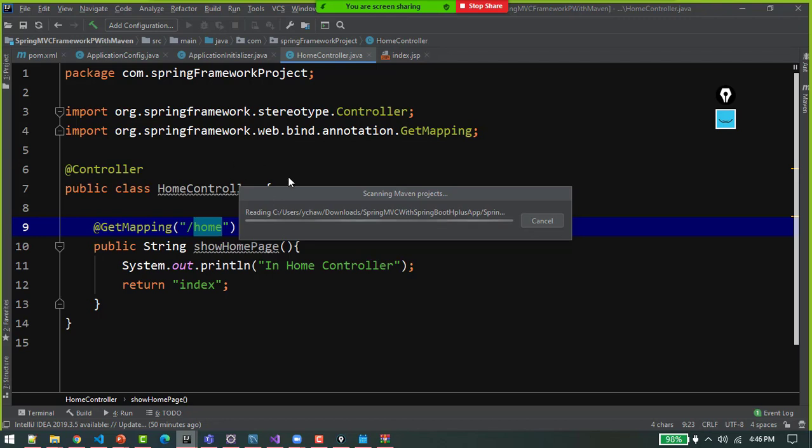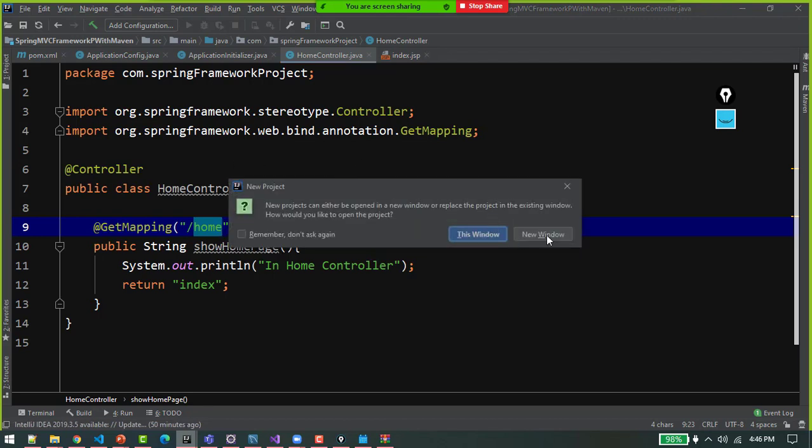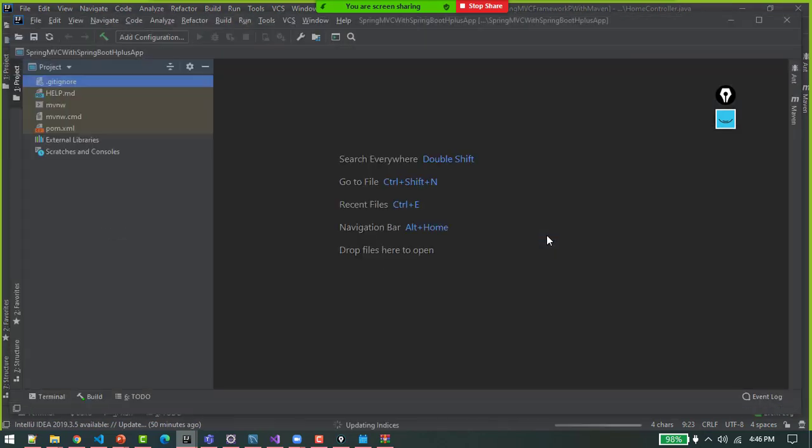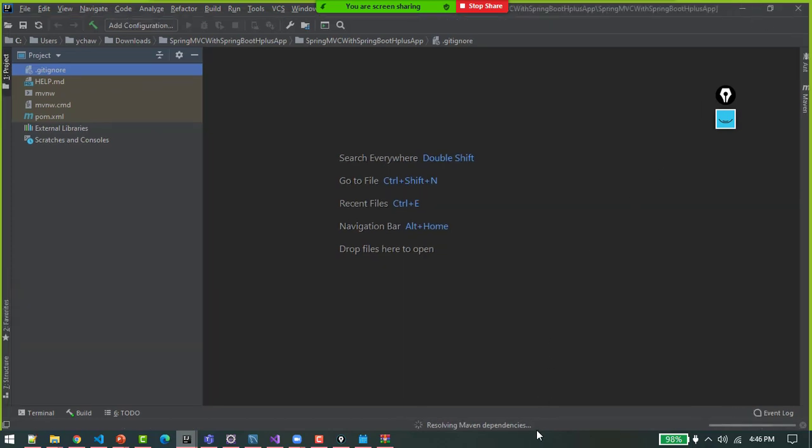right? But all the basic project will be created for us. So I said new window. It will create the project for us in a new window. It will take a minute to get that project in shape. Background, you see they are resolving the Maven dependencies in my local M2 folder, right?